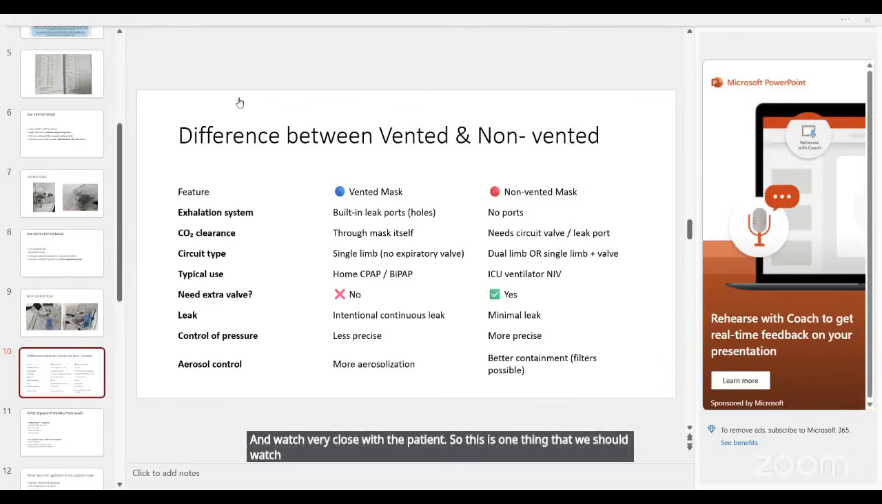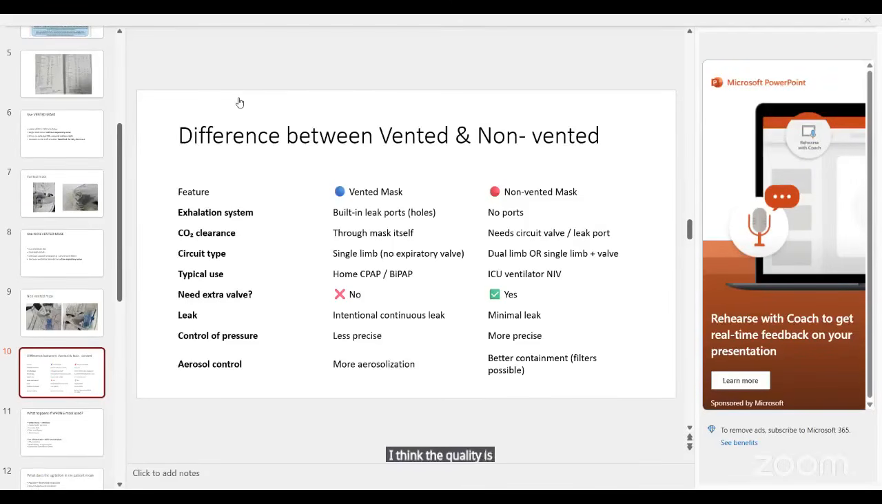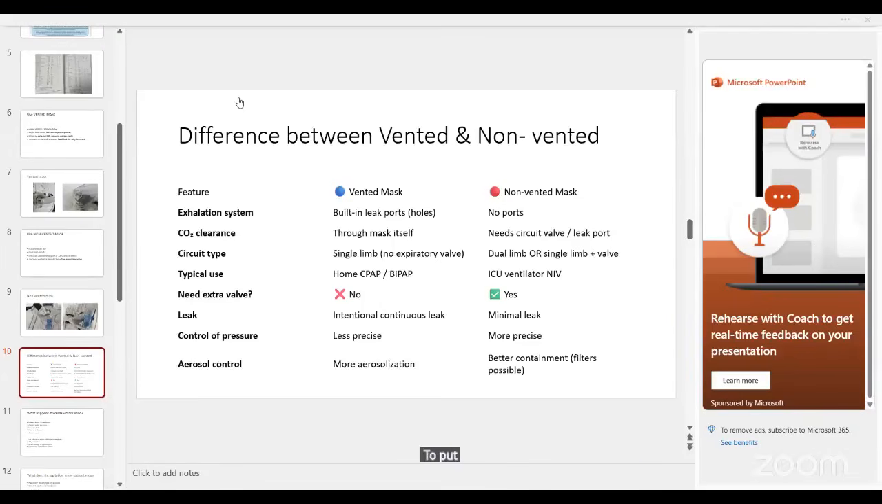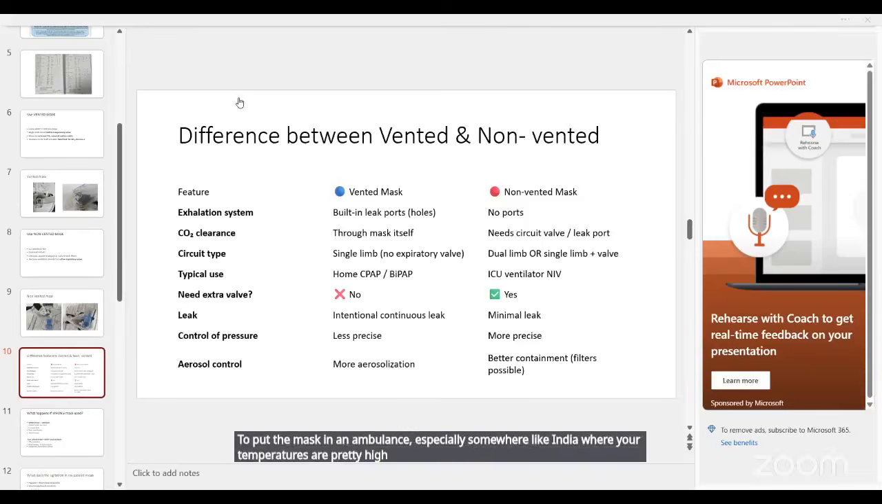And then other indicators that he has explained, I think the quality is also covered in this. So where do you have to store your mask? Because it's already summer season. If you're going to pick up a patient in an ambulance, the ambulance temperature should be controlled to keep the mask in it, especially somewhere like India where temperatures are pretty high in the summer. So that is one thing that is covered. And then